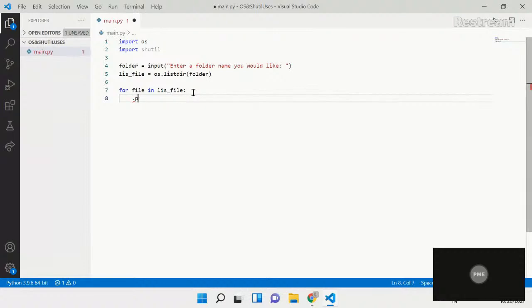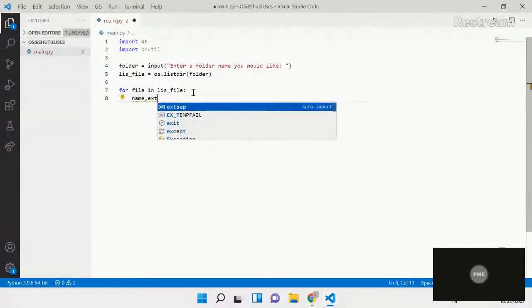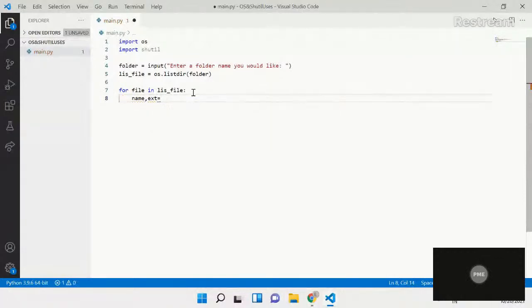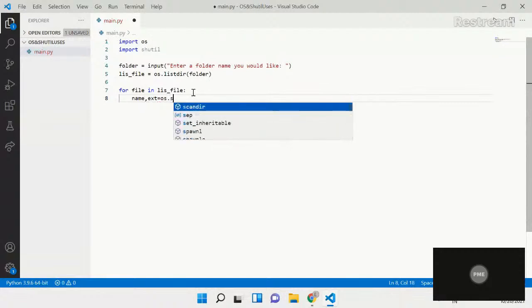There are many file extensions possible. So first of all, we separate the file's extension and name. We would do this with name comma x, where x stands for extension, that is again a variable name, and we would now use a function os.split